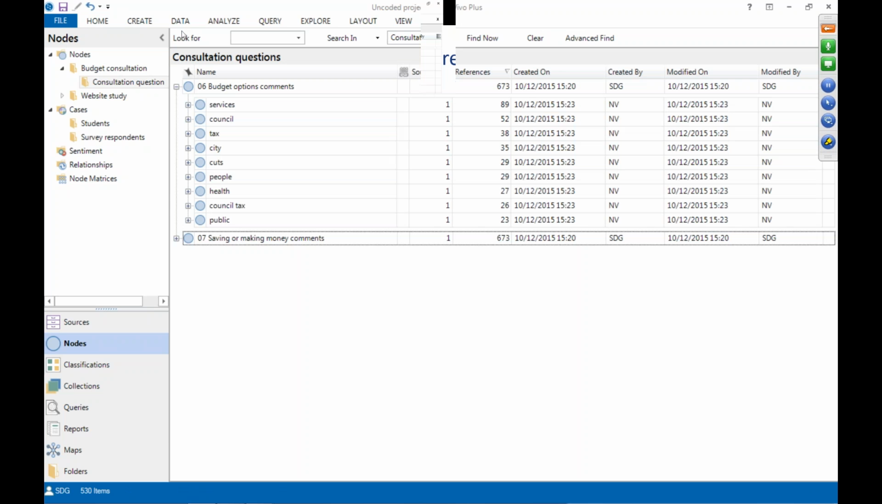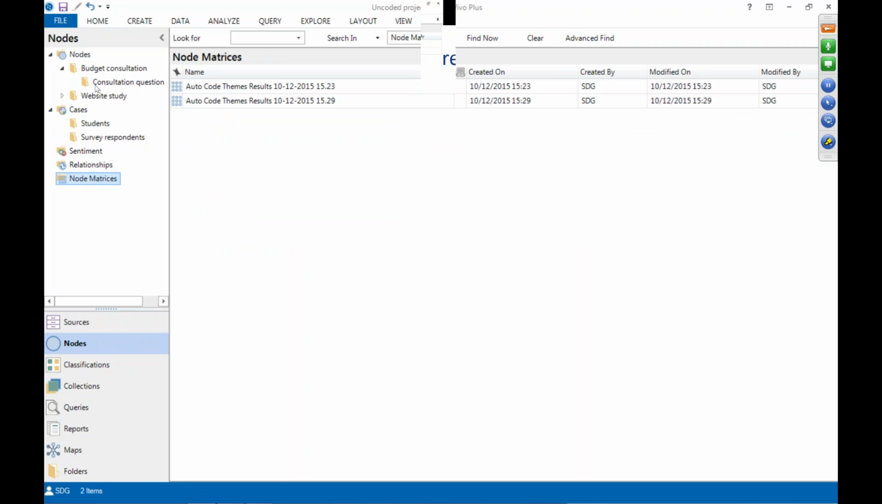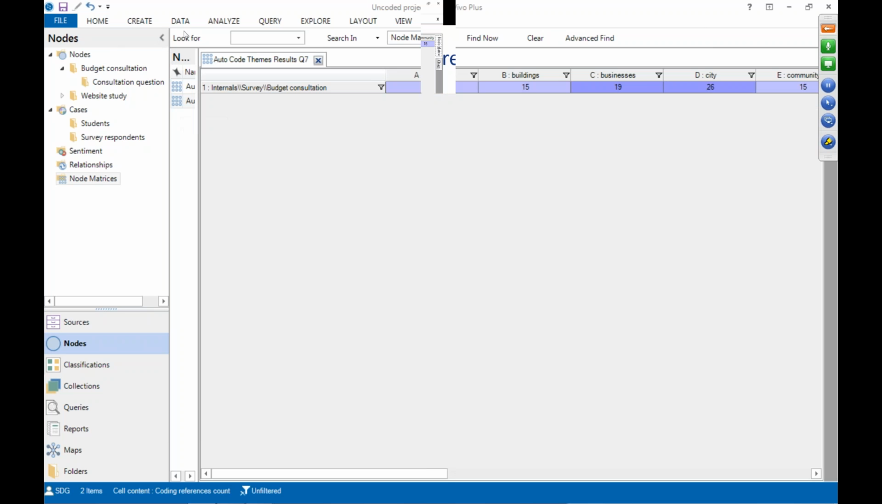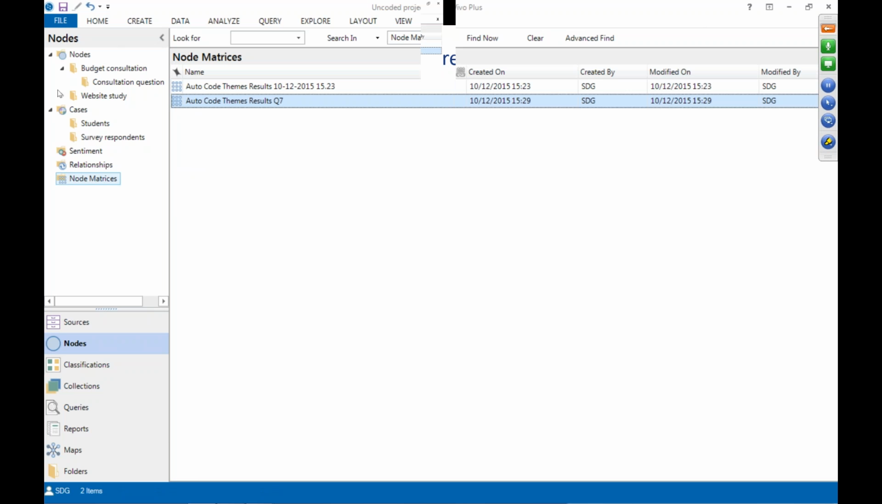Just to let you know that I've closed down those node matrices here, but they are saved, so I can get back to them. Again, like this last one was, I can rename it so that I can remind myself that this was for the one I just did, which was question 7. And the other one was question 6. So as you can see, you can always get them back because they're automatically stored in the node